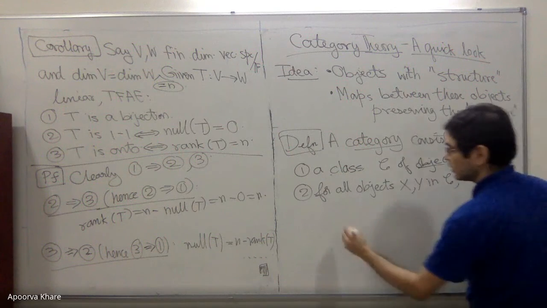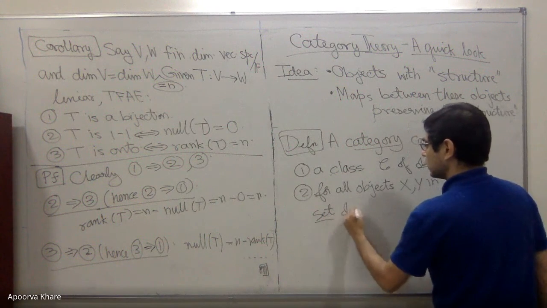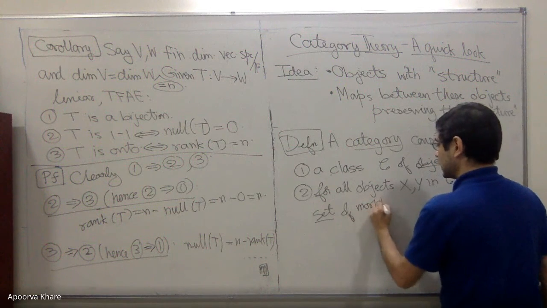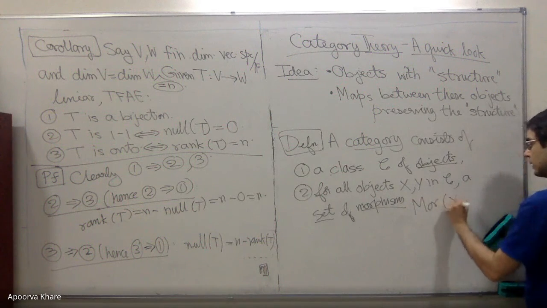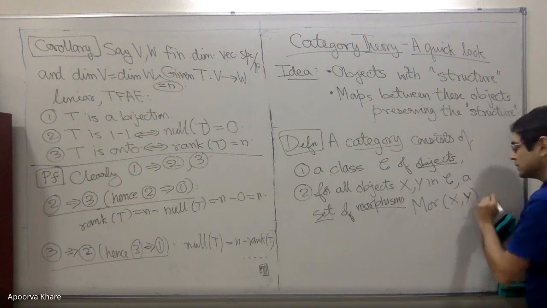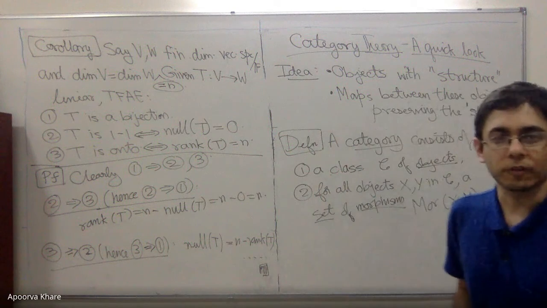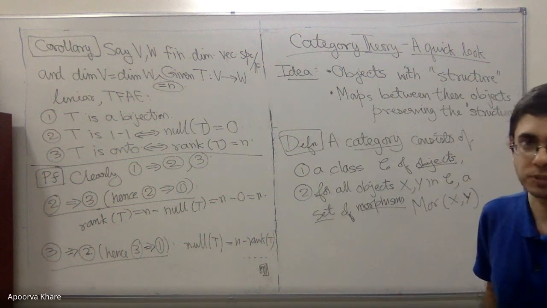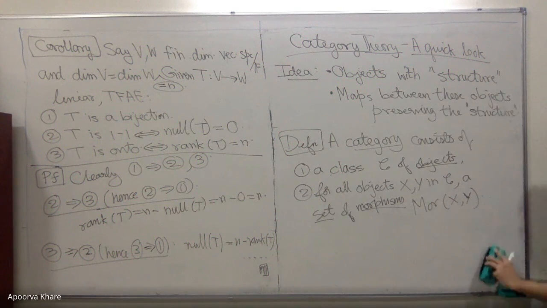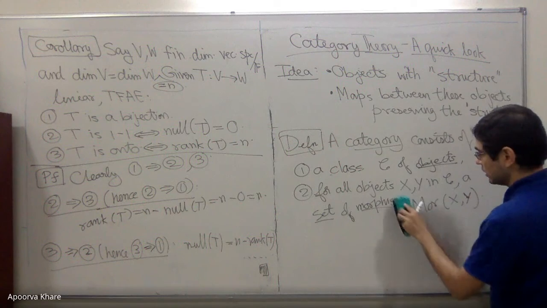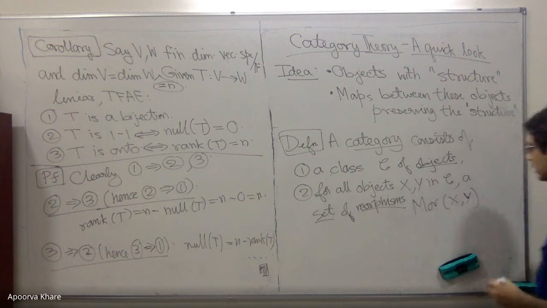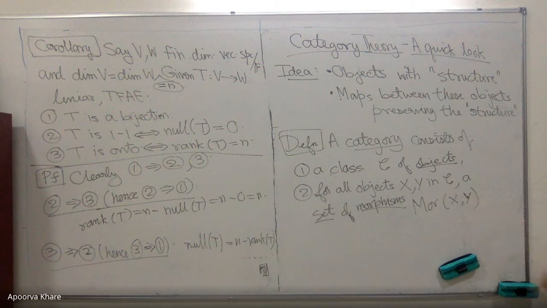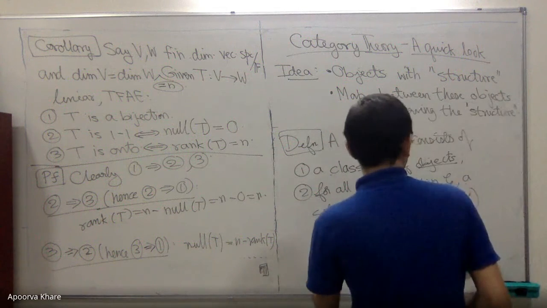Now I have a set of what one calls morphisms, which we denote by Mor(X,Y). Morphisms is a shorter word for what Algebra 1 students would have seen as homomorphisms. Those are a special case of morphisms in a category. If you can read my handwriting, that will be a miracle. I'm not saying that this set is non-empty. It might be empty, I guess. And then there are conditions satisfying